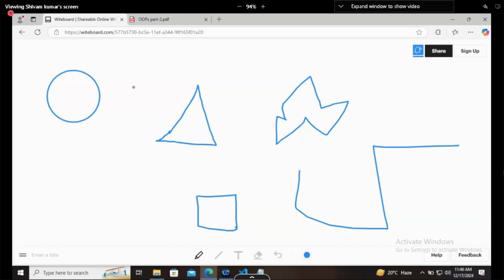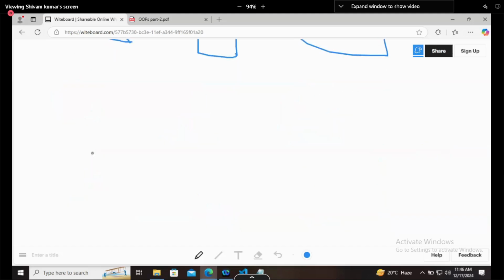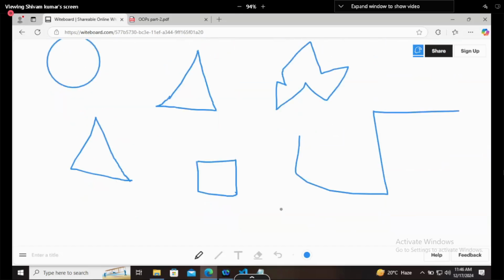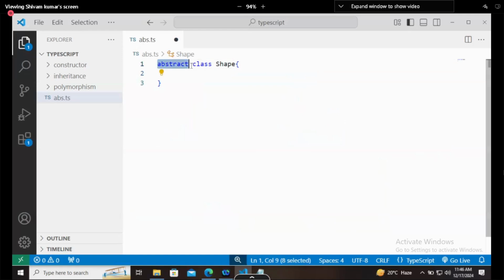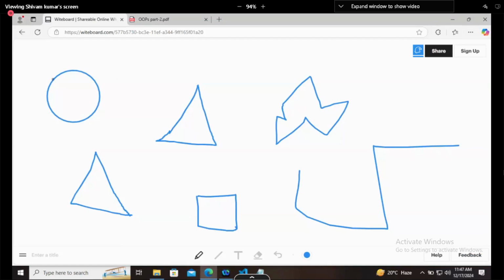So what will you write for shape? A shape is a closed figure which has at least three sides, because by making two sides you cannot create a closed shape. At least three we require at any cost. The maximum can be any number, can be 100 also, right? So a shape is a closed figure which has at least three sides. The exception is the circle, which doesn't have any side. So there is an abstract class Shape, and we can calculate the area of all these shapes.